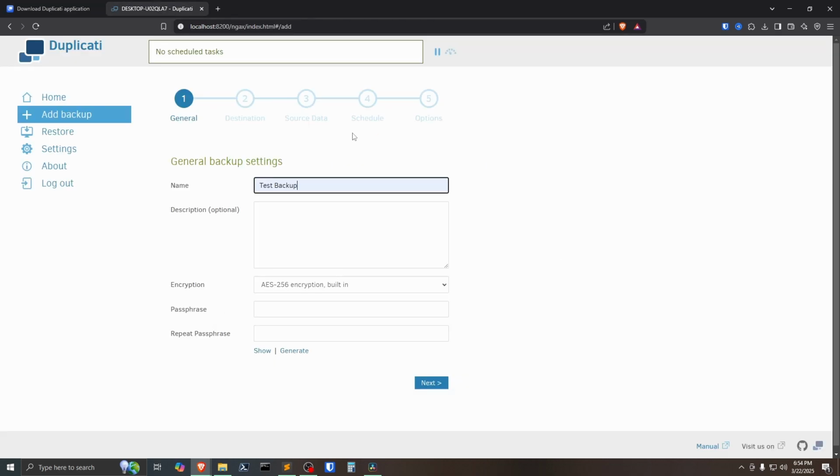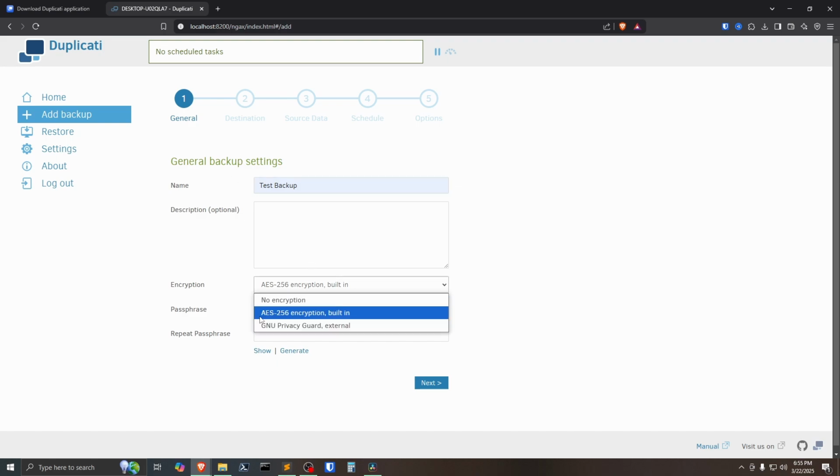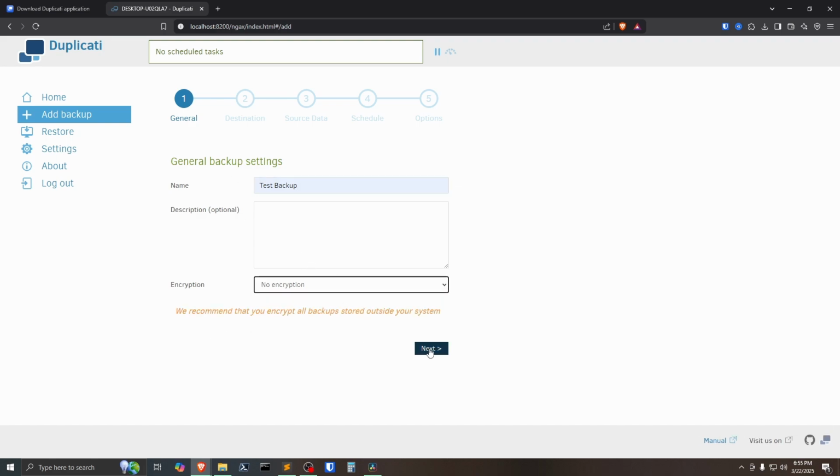That would be to back up to another computer or a file server. We're not going to be doing that today, but if you are backing up to a file server, I would recommend turning on encryption unless you're the sole owner of that file server. It just allows you to put a password and encrypt your files so that other people can't just access them. But for this local backup that we're going to be doing today, we're going to choose no encryption and click